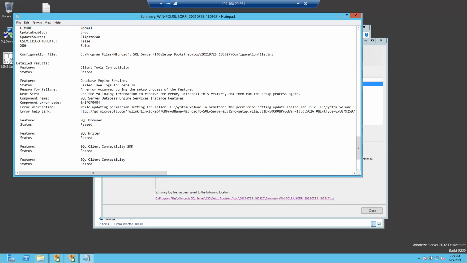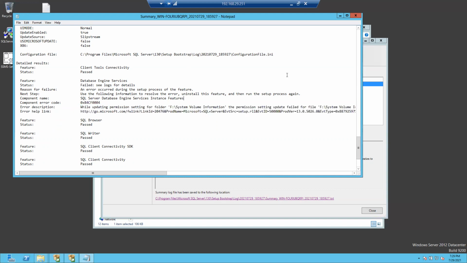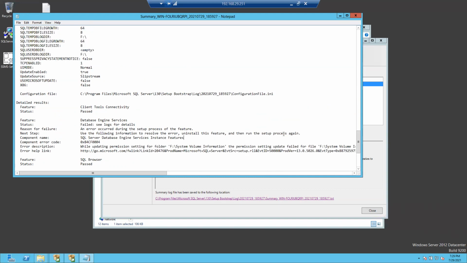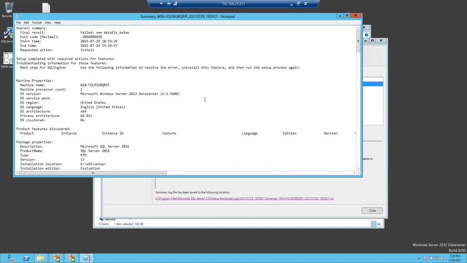Once that is corrupted, you cannot do the installation. This is where you're able to see the errors.